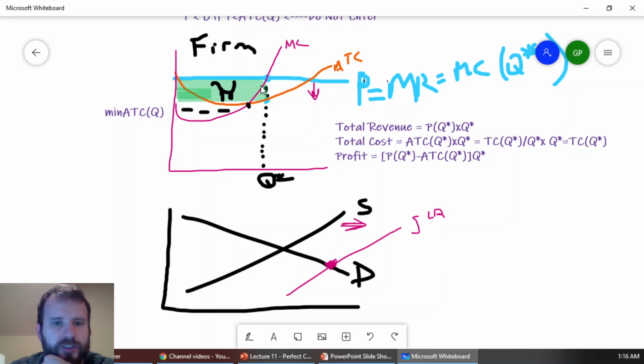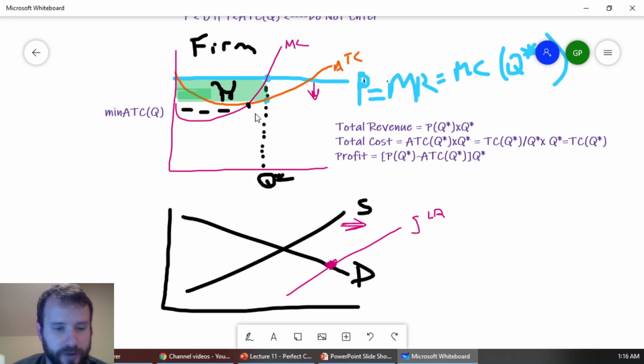Why? Because as the price drops, firms are going to start contracting their quantity. Okay, so basically price is dropping until firms have to compete in price as far as they possibly go because